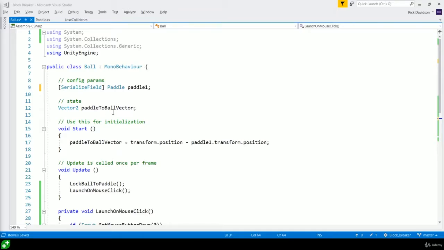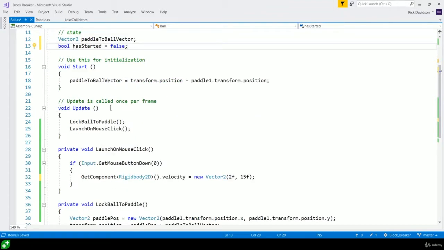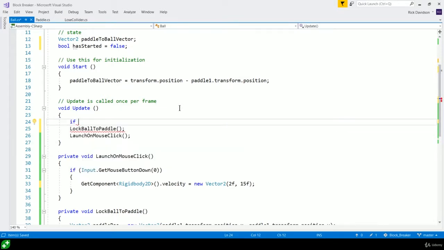Rightio, the first thing we're going to do is create our bool. It's a state, because we're either hasStarted or we're not hasStarted. It will be bool hasStarted equals false, initialized as false. Okay, now what we want to say in our update method here is if hasStarted, so if we want to say it's not true, in our parentheses here we say exclamation mark, that means not. So if not hasStarted, so that's another way of saying if you haven't started yet, but if not hasStarted,